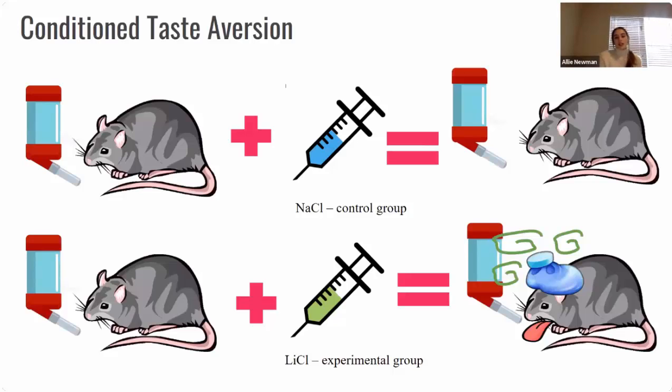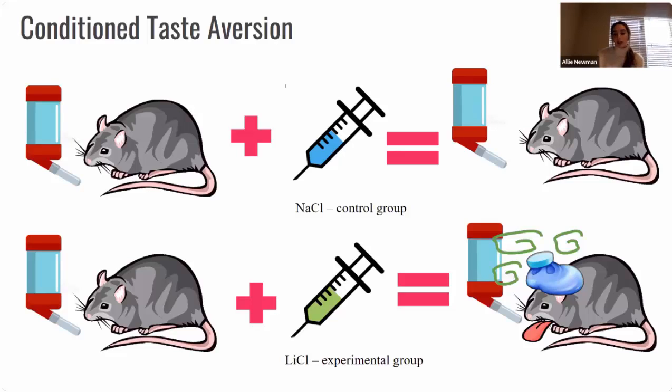So our study is based off of conditioned taste aversions. I designed this little graphic here to explain conditioned taste aversions in a more simple way. We had a group of 16 rats, and half of the rats received a saline injection and half received a lithium injection. As you can tell in the picture, the rats would drink a fructose or glucose solution, and then the first group would receive a